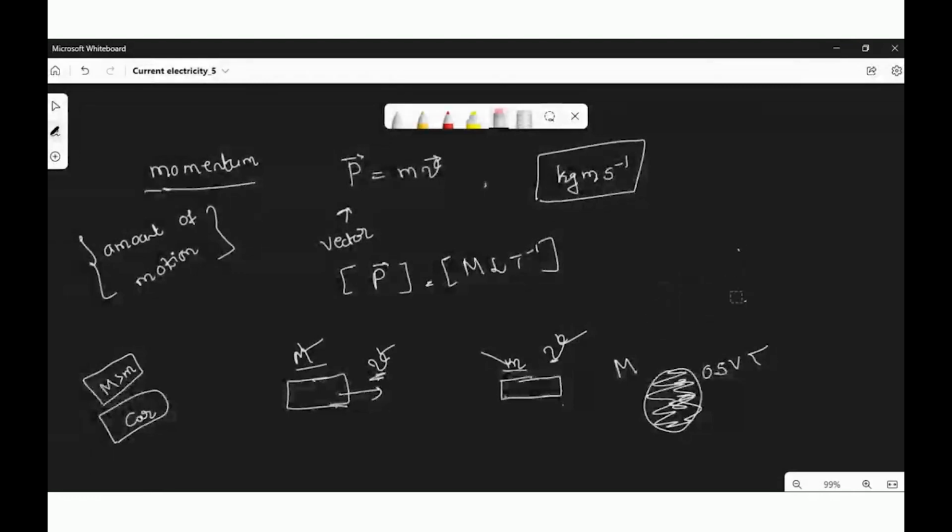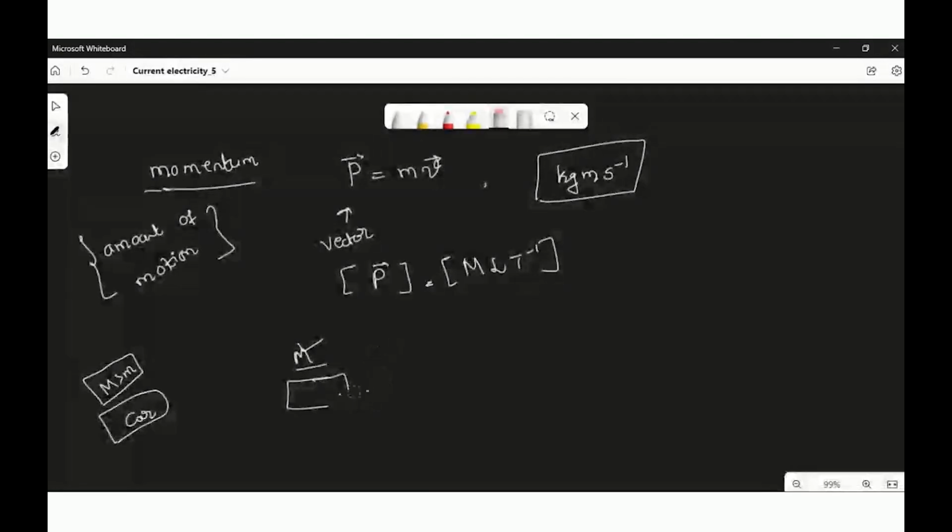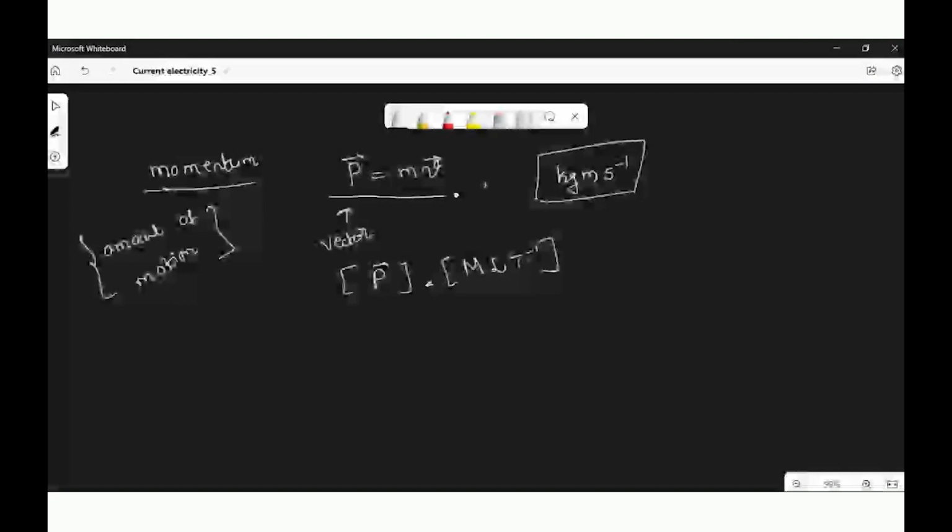So this is the importance of mass and velocity. Together they decide how much quantity is in motion, the amount that is in motion. That's why we call it the amount of motion or the quantity of motion. Mathematically it is m into v. Why we need it is to discuss which requires more energy to bring it to stop, and that will tell you which is having more motion in it.